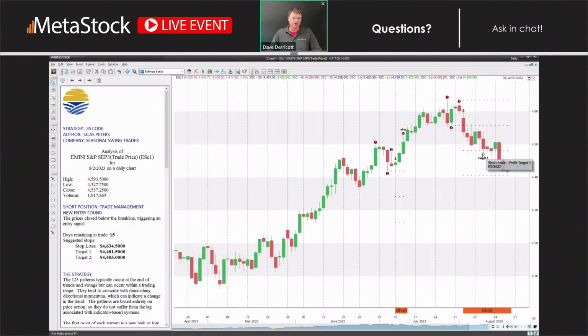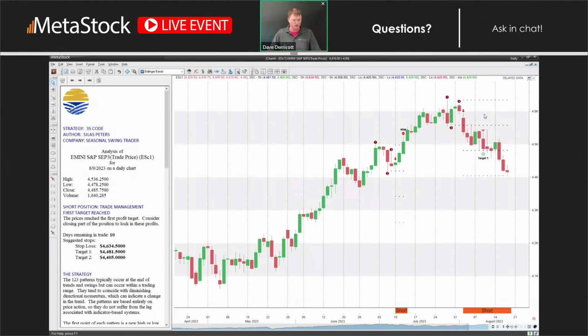Your first target is also going to be put as a signal on the chart. So if you want to be more of a conservative trader and you see that come onto the chart, then you'll just double check your commentary window. You've got a short position. First target has been reached. The price has reached the first profit target. Consider closing part of your position.